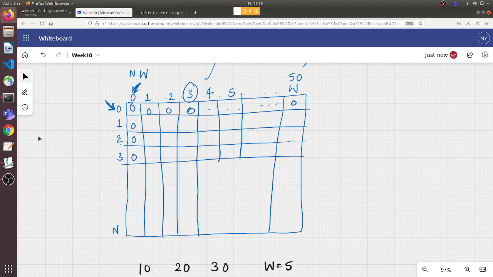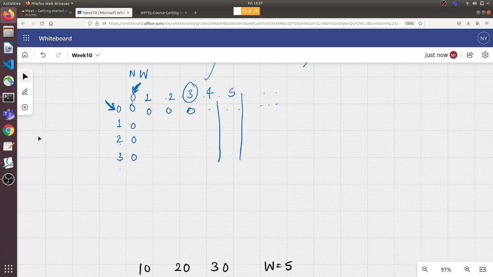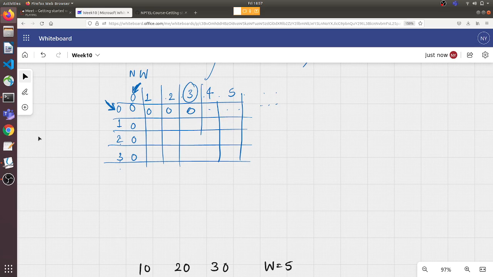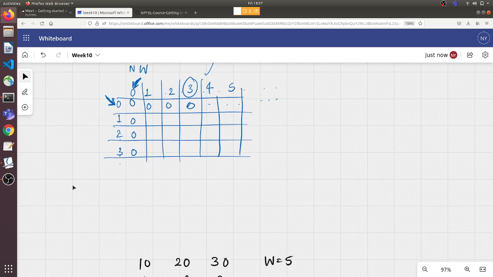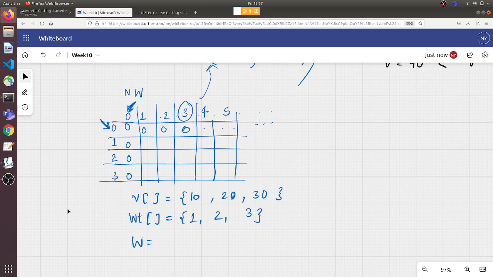And I'll just remove everything else. So this is then our table, and our answer will be